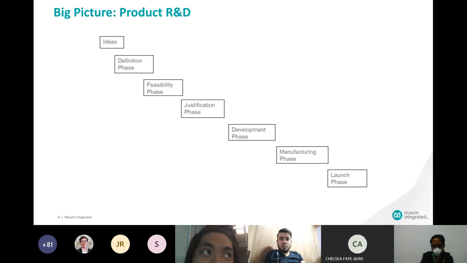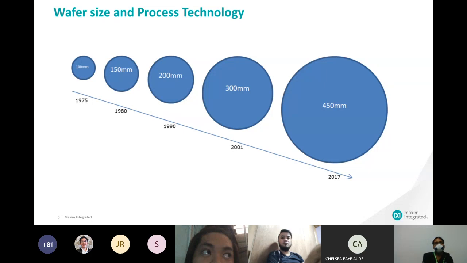As part of making sure that we develop a product on the right platform, on the right process technology, and the right package technology, we really need to look at what are available process, product, and package technology out there to enable us to provide the right product and the affordable product, and it's also marketable to our customers. And it's something that they also would want to use. So when we talk about wafer and process technology, really we look at how the technology fits into a